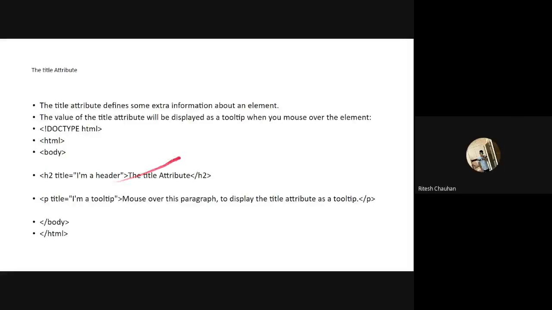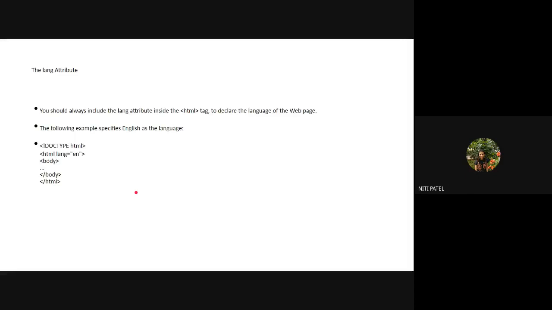Not having a desktop? No computer? No problem. I am putting W3Schools in the chat box. It is a website, www.w3schools.com. You can go to HTML on it and run the code online, even on your mobile. Understood? Okay, ma'am.